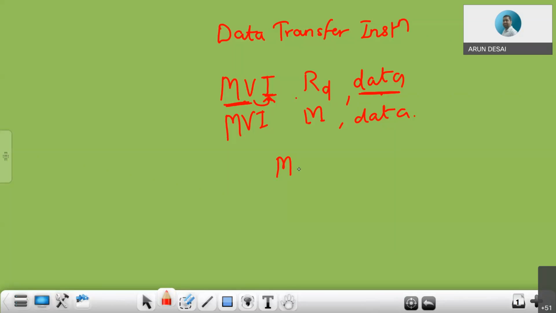register. So an example for this is MVI A, 20 hex, or you can say move immediate to memory is 50 hex, whereas memory M is pointed by HL, right? Memory M is pointed by HL. So this is how you can immediately move the data which is present in the instruction to either a register or